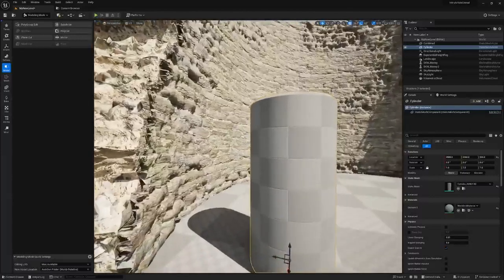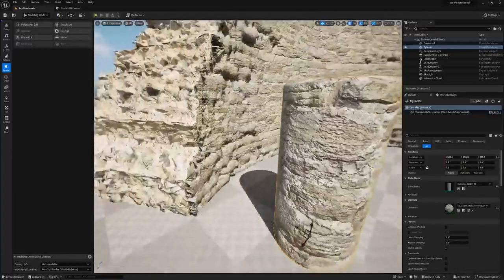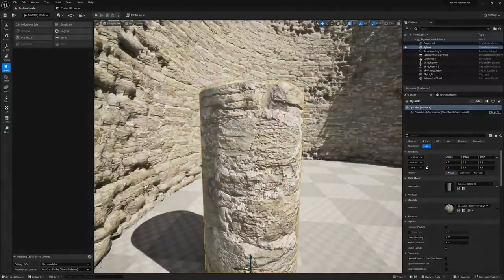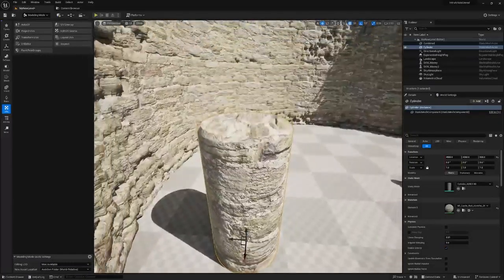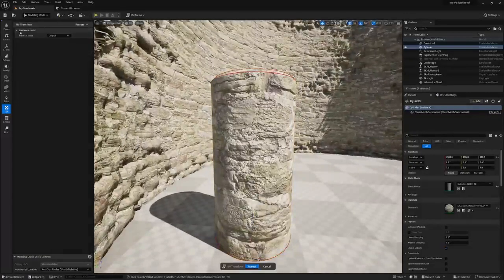Now what I want to do is to basically have this material here. So in order to do that, I'm just gonna go to my materials and put it here. Now the material looks a little bit different from this one because it's the scale. So I'm gonna change the UVs. Let's go to transform UVs because I feel like we don't really need to change the UVs. Go to transform UVs, and here